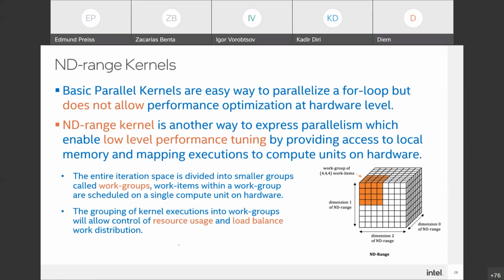With the range, what's happening is that the compiler, or runtime, decides what kind of sizes to use, but it may not always be as efficient as when you fine tune it. So that's why we have done some research in fine tuning, and maybe we will introduce quite soon some additional compiler options which will allow you, based on profiling information, to fine-tune these sizes of groups. So the syntax is